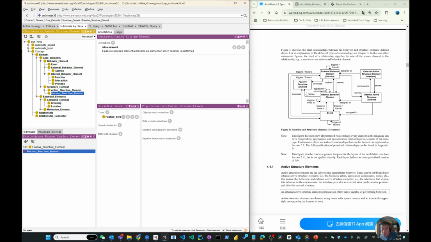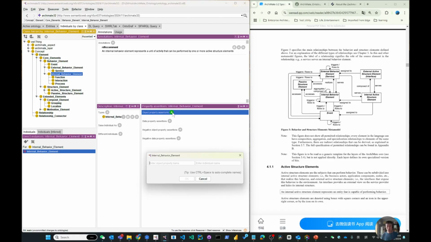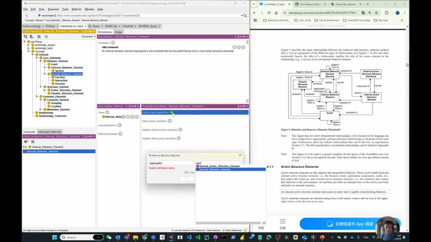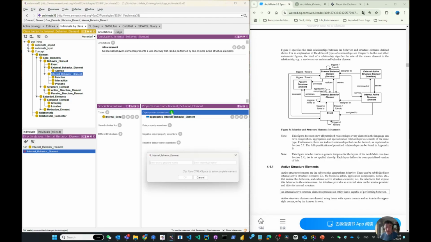Passive structure only receives inside. So let me save on that. And the internal behavior. So internal behavior, I have nothing to this one. So that is where invalid. Oh, so I have this English aggregates to internal behavior. So that is the internal behavior, and the compose of internal behavior,